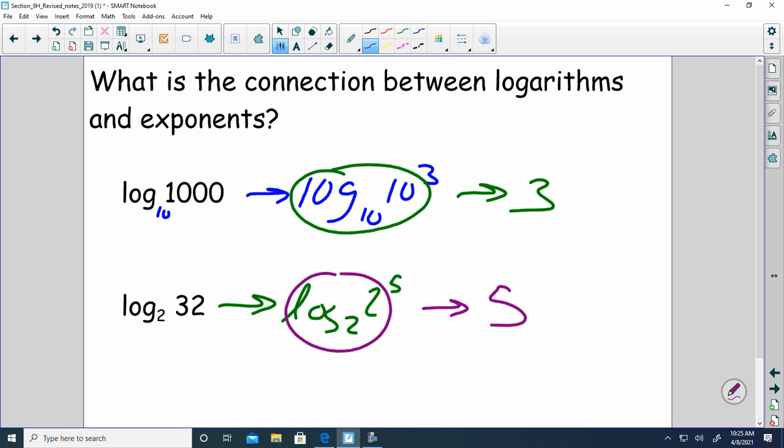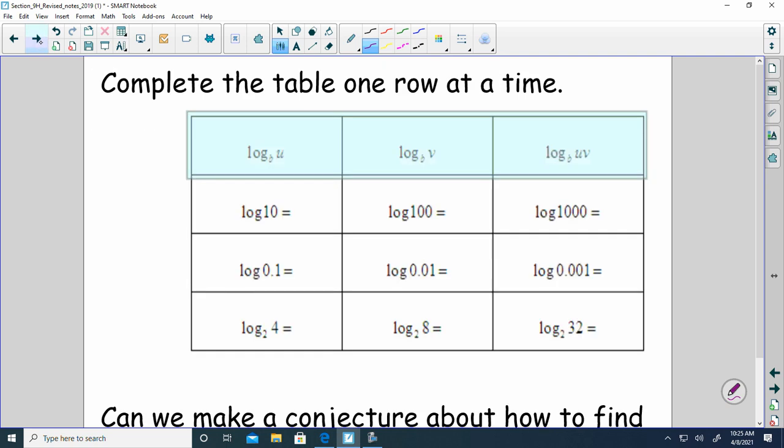So what connection between logarithms and exponents? Well, a logarithm is mainly dealing with the exponent. Okay, and we could do the seashell thing to convert it as long as the log's on the same side. But I'm also going to show you how to convert back from an exponent to a logarithm. Okay, so